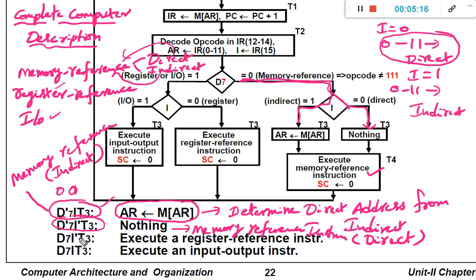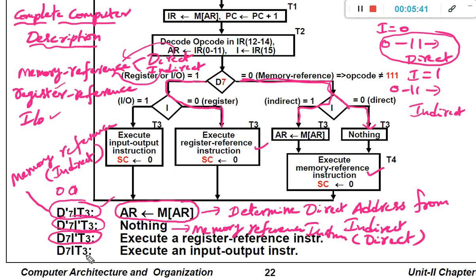Let us see the next code. The next code is D7I'T3. D7 is 1, I dash is 0 at time T3. Then it is going to represent the register reference instructions. This code will always represent the register reference instructions.